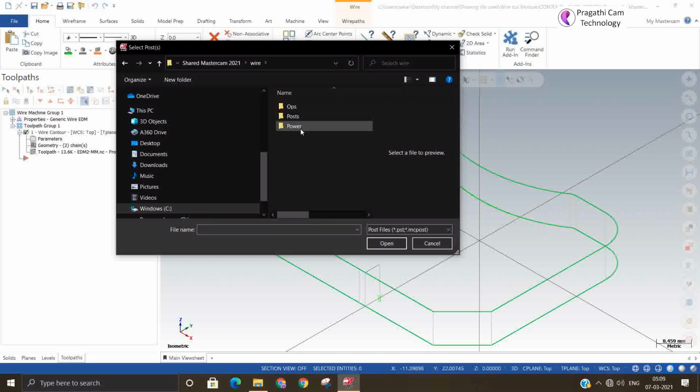I also don't know whether it will allow me to update here or not. Let me try that. No, it's not allowing.